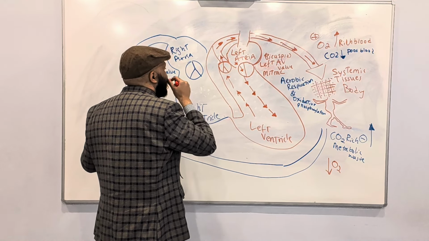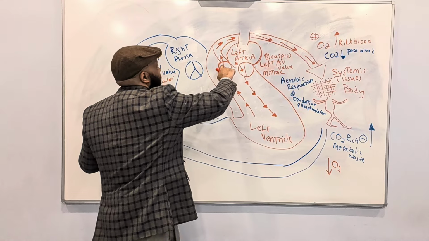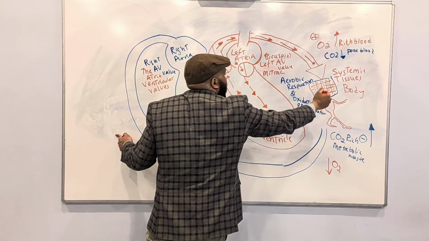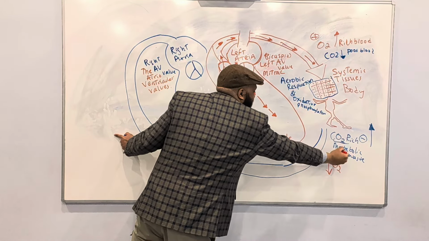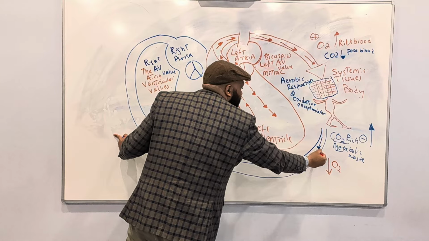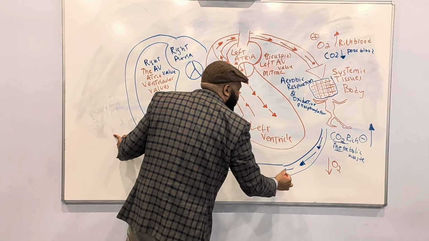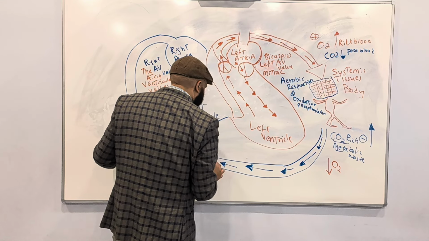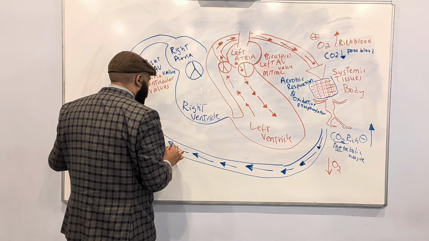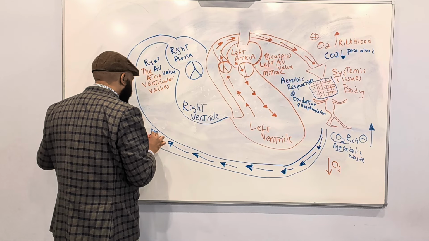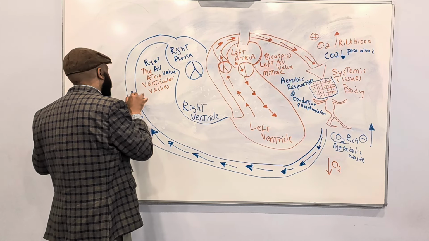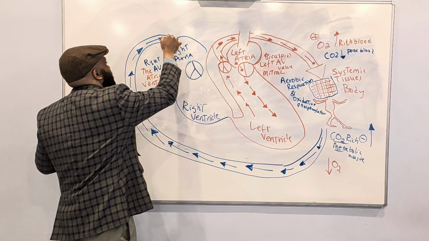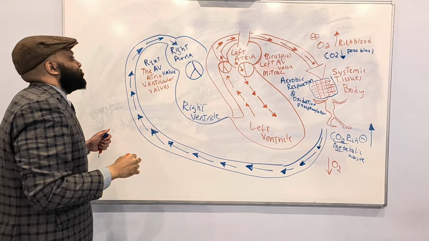So now if the good blood goes to the tissue and the tissue burns it, and now you have carbon dioxide rich metabolic waste, low oxygen, the bad blue blood goes back. The bad and the blue blood goes back into the right atria,